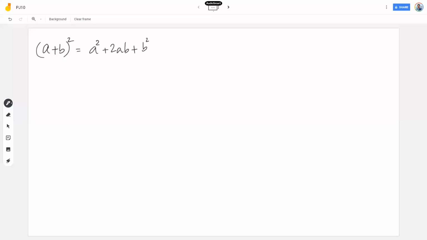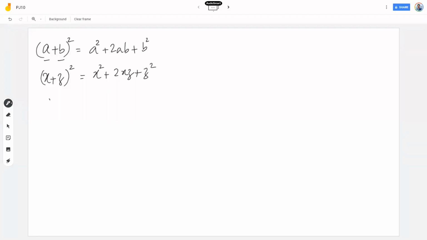True for all values of a and b. Now a and b are just two variables here. I can have anything instead of a and b and still the expansion would be the same, is it not? So if I say (x plus z) whole square, you should not wonder where did a and b go, right? It is similar to that only. x square plus 2xz plus z square. Isn't that how we do?